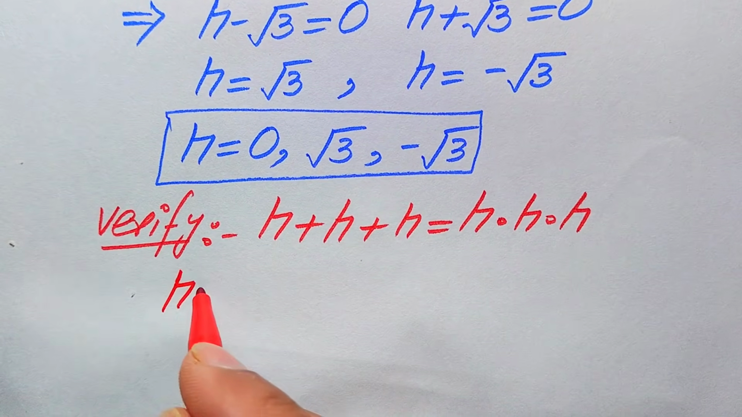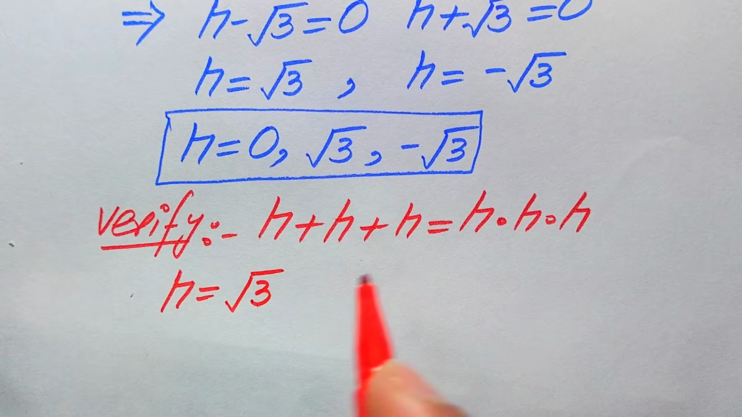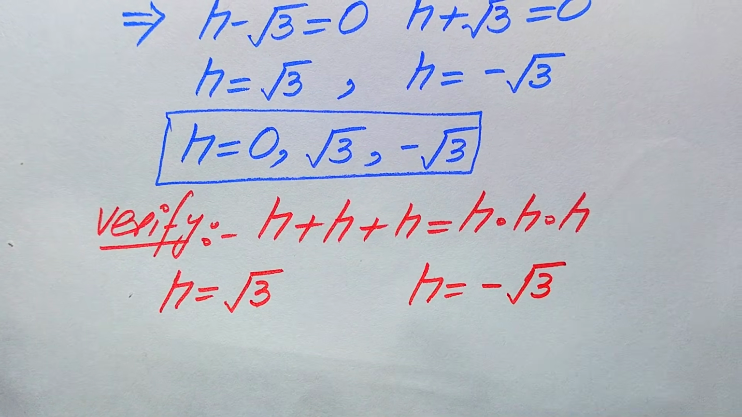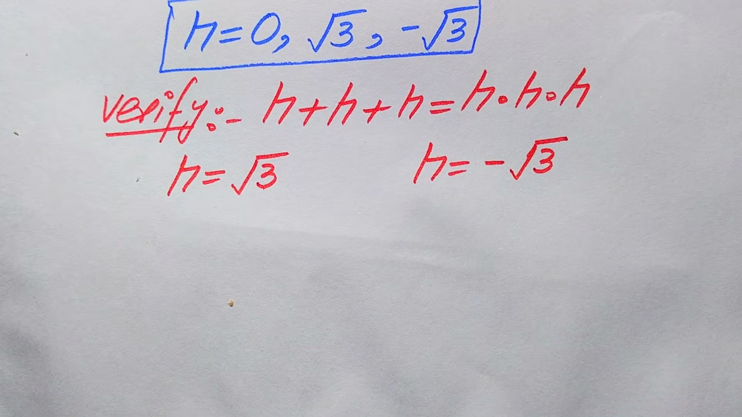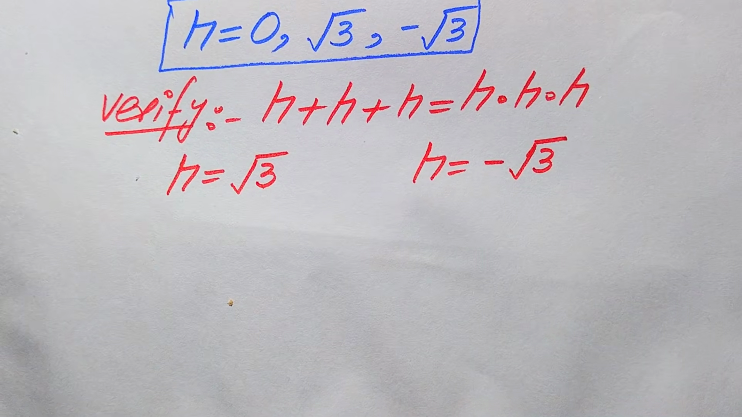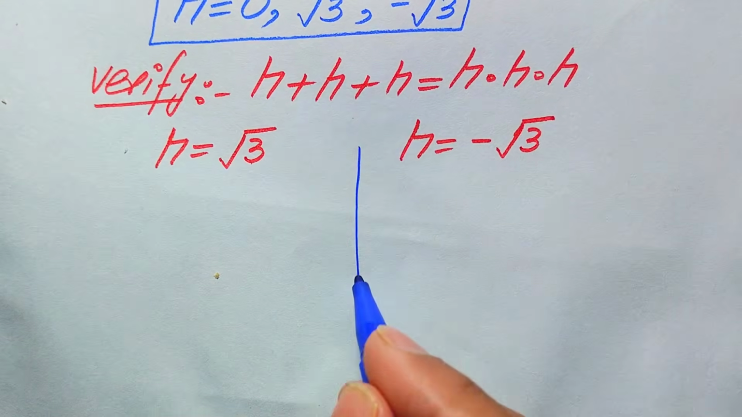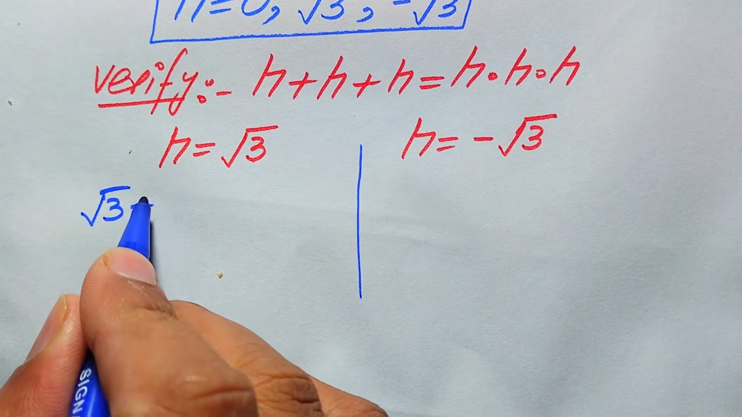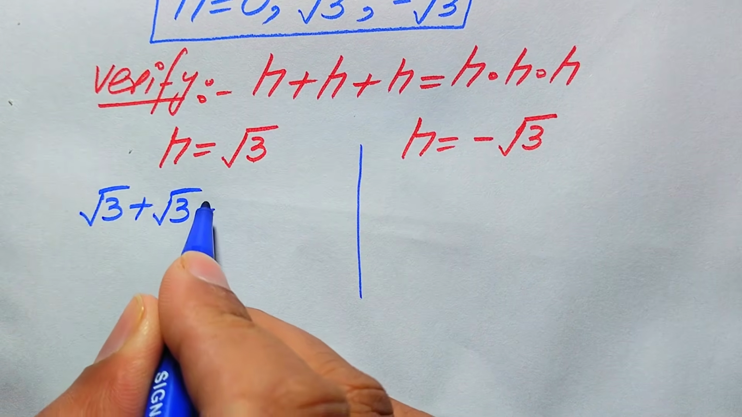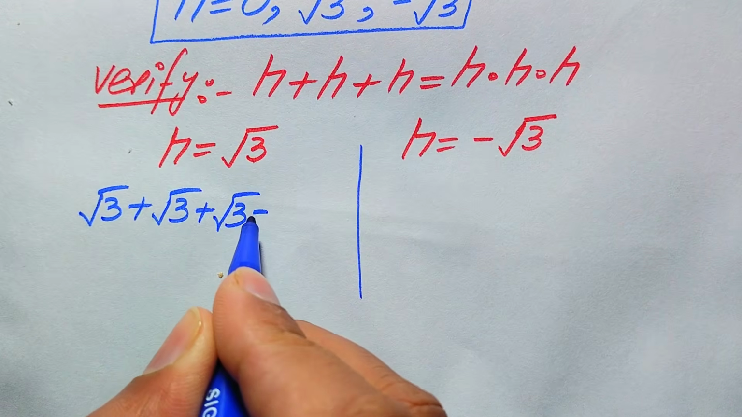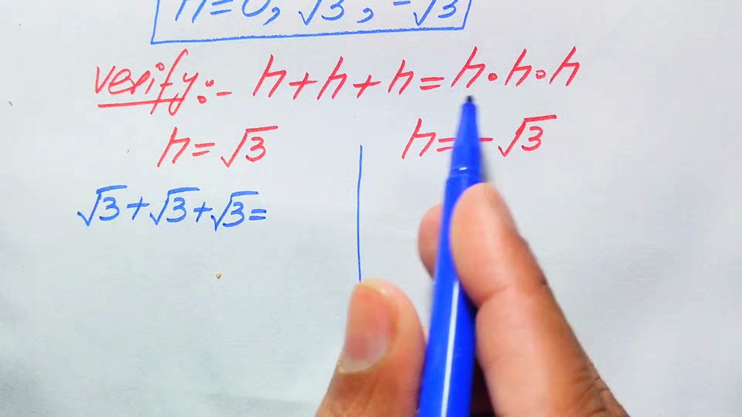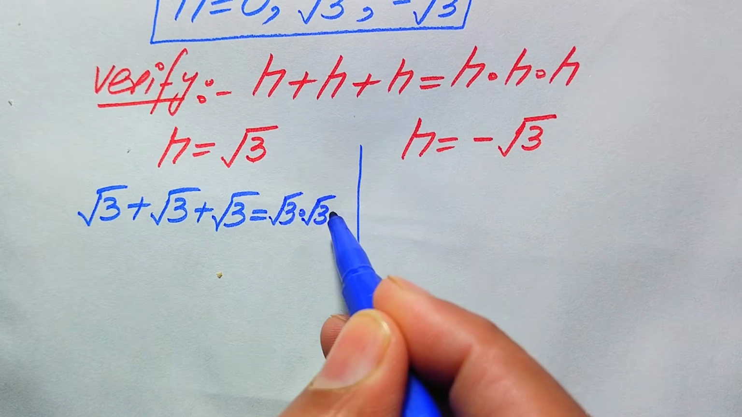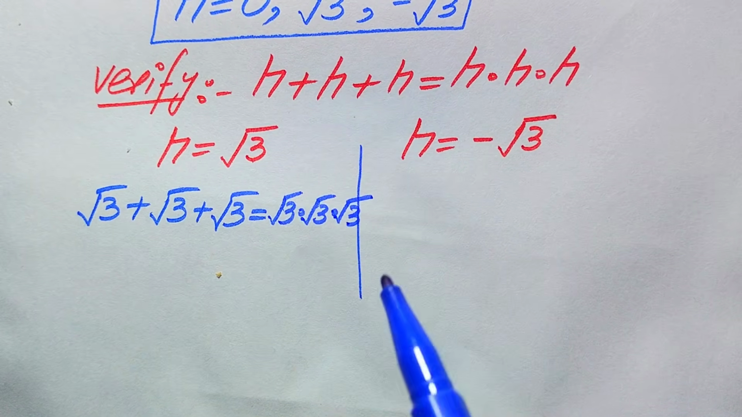And on this side we will verify h is equal to square root of 3, and on this side we will verify h is equal to minus square root of 3. So here first we substitute the positive value of h into the left hand side, and it will become square root of 3 plus square root of 3 plus square root of 3 is equal to, when you put this value here, it will become square root of 3 multiplied by square root of 3 multiplied by square root of